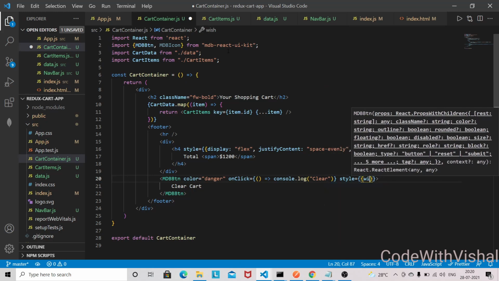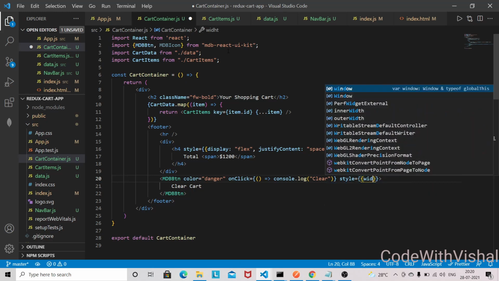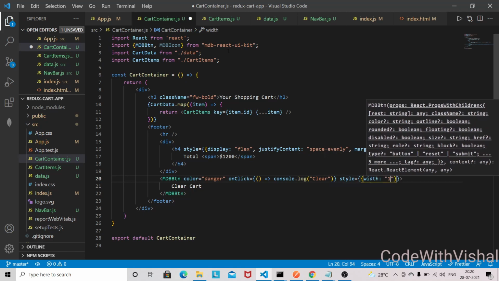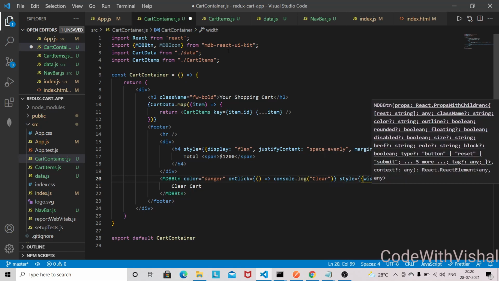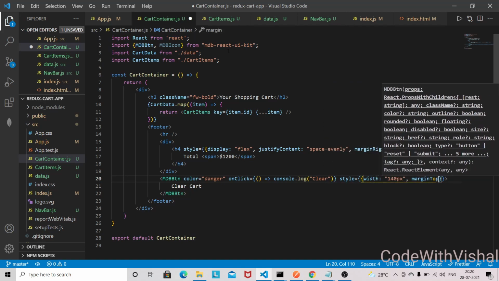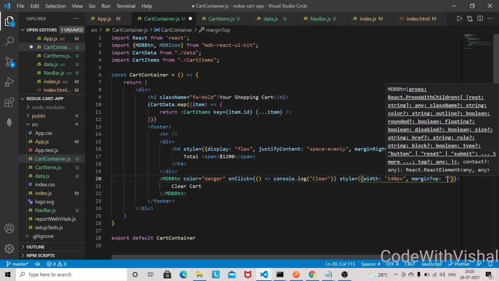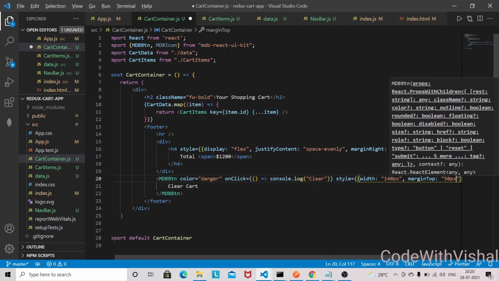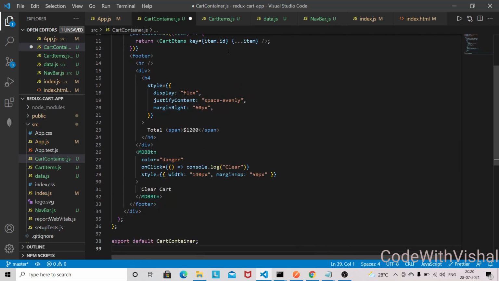So width, I'm going to give 140 pixel, and margin top I need to give 50 pixel, and I think that's it.